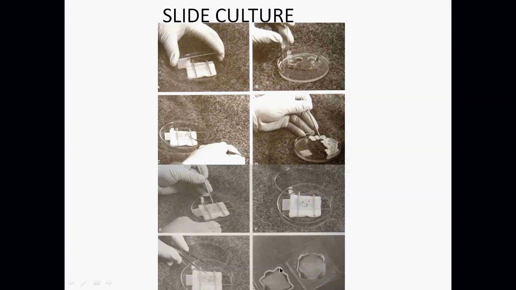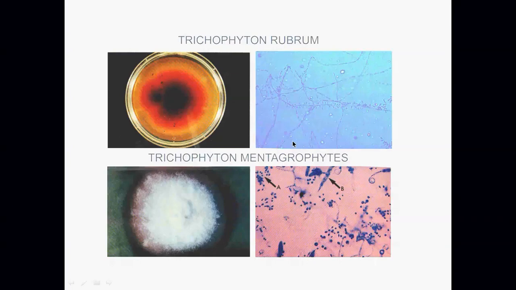Now this is after 48 hours. From the surrounding of this block you can see the fungal growth coming outside. Now this growth can be studied without disturbing it, by directly lifting up the upper cover slip and putting it into a drop of LPCB taken on a glass slide. So this is known as slide culture, and this is studied further without disturbing the morphology of the fungi. Now once you do the LPCB preparation, you can see the various morphological pictures in the LPCB slide and further go for identification of the fungi.